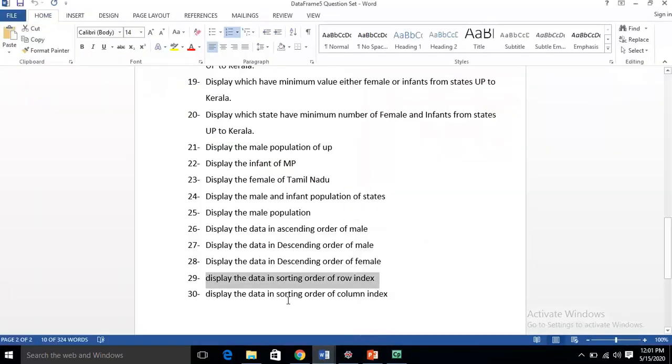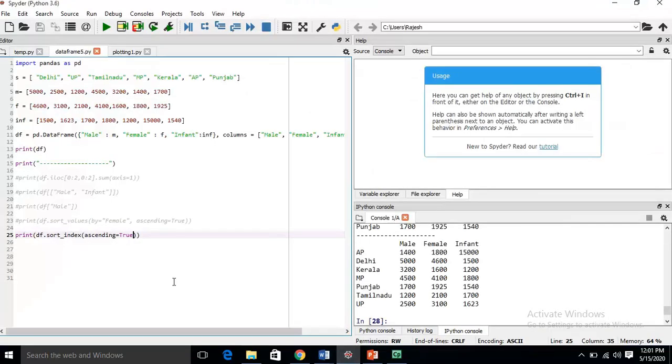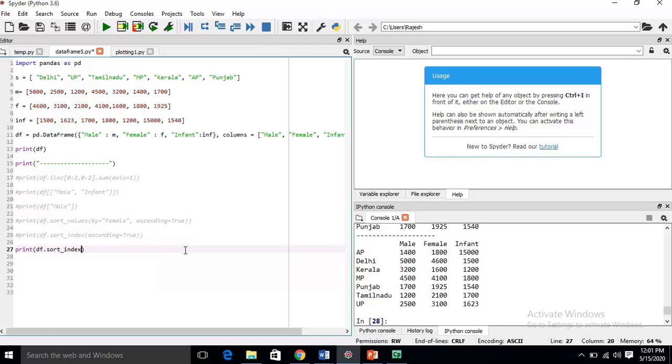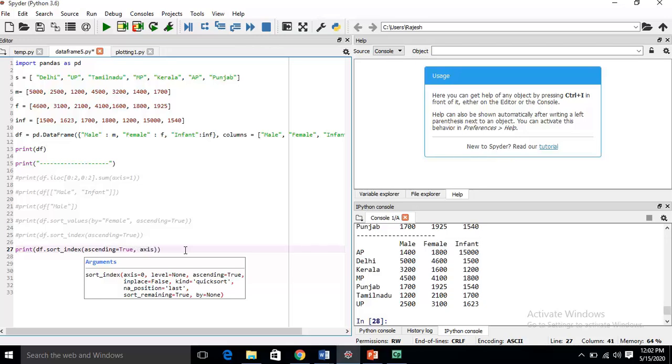Now the last question is: display the data in sorting order of column index. Okay, column index. You need not worry. Make it a comment, and now print df dot sort index, then here you say ascending is equal to true, and then axis is equal to 1.